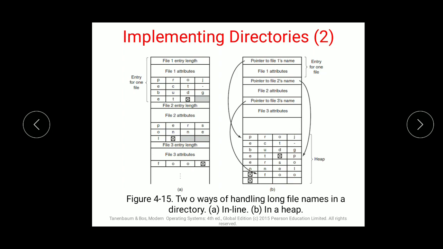But a drawback, that is a disadvantage of the heap, is that after removing a file, a variable-size free space is created in the directory. So every file you remove leaves space that becomes free, and nobody can use it depending on their file characters. It may happen that the next file to come may not be accommodated in this free space, which is again a drawback.